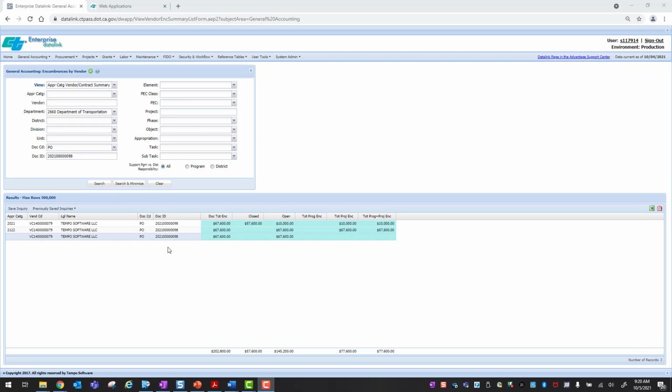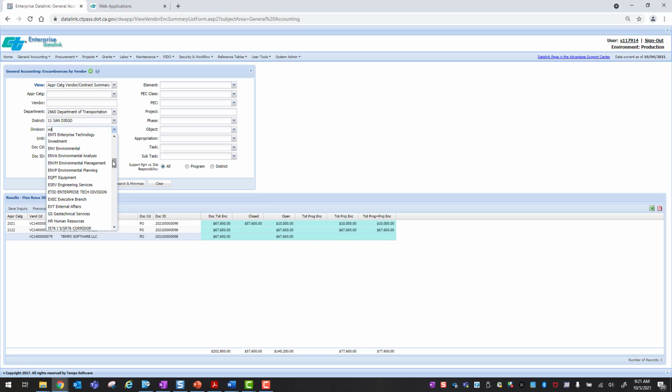Okay, so again, this is a very high level. Now, if you're managing multiple contracts as a contract manager, maybe you don't want to look at this by document ID. Maybe you want to track all of your encumbrance contracts by a specific unit, a division. So if I'm in District 11, I can pick that. And within District 11, maybe I want to pick all my contracts for the Division of Maintenance. I can do that. I could pick the division, and then within Division of Maintenance, I could actually pick an